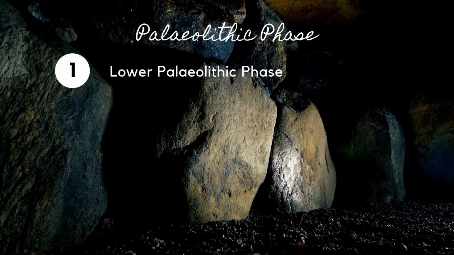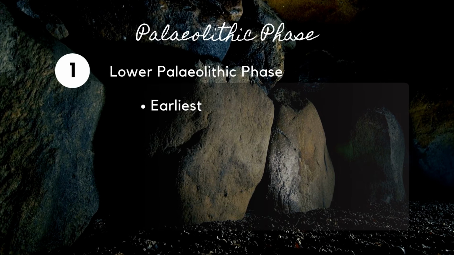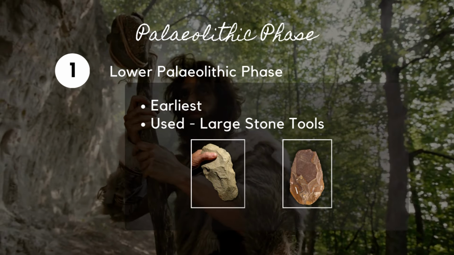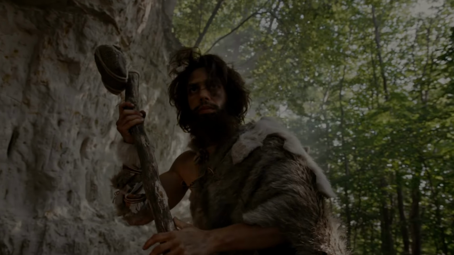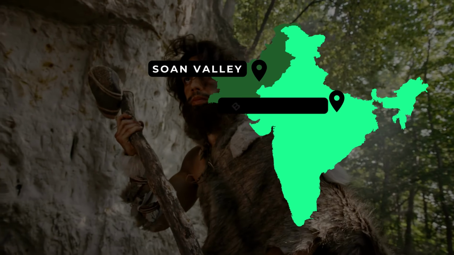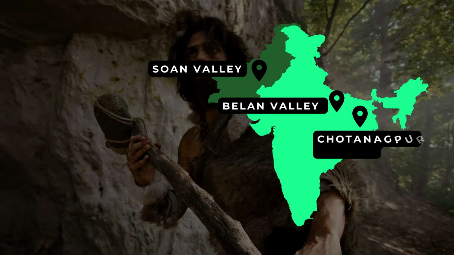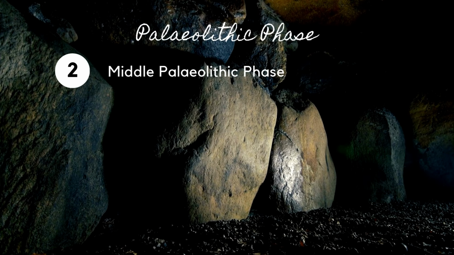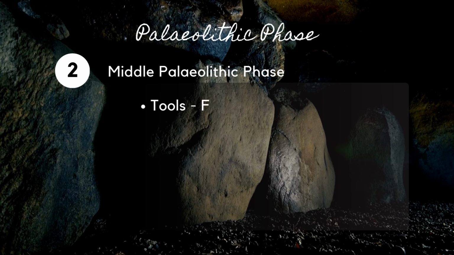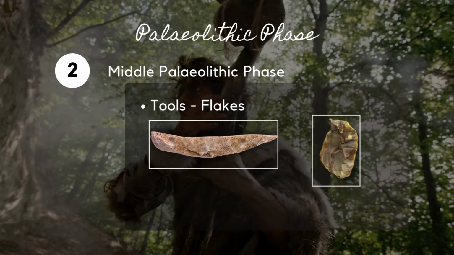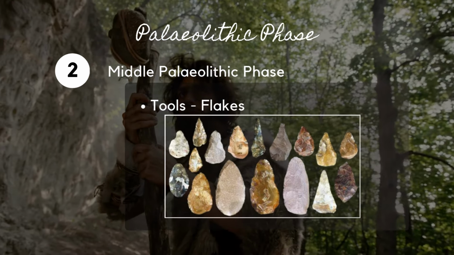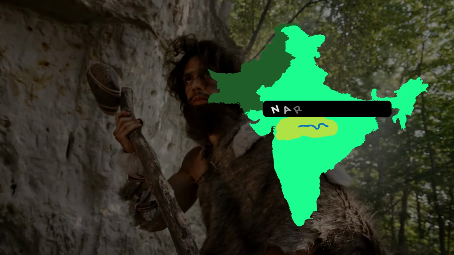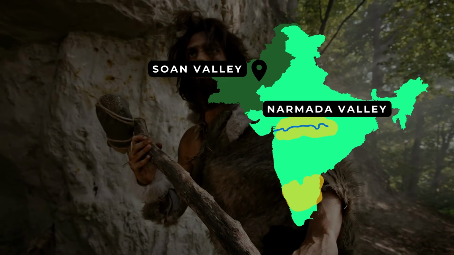The lower Paleolithic phase was the earliest, and people during this time used large stone tools like hand axes and cleavers for chopping and hunting. Sites like Son Valley, Belan Valley in Uttar Pradesh, and the Chota Nagpur Plateau provide evidence of these tools. The Middle Paleolithic phase saw the development of flake tools like scrapers, borers, and small blades, which were more efficient and varied by region. These tools have been found in the Narmada Valley, Son Valley, and regions south of the